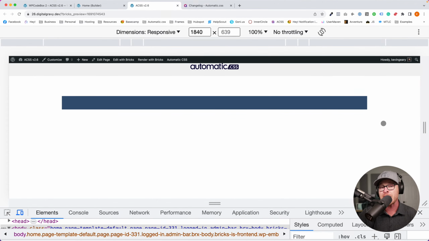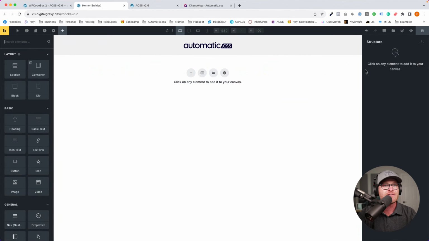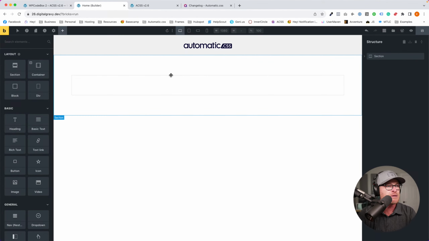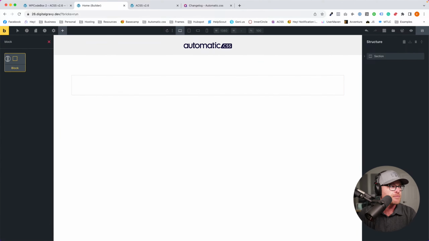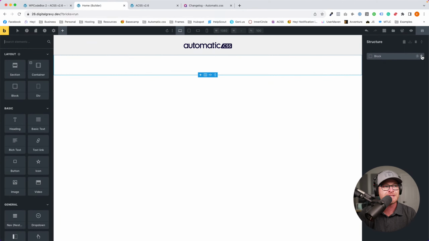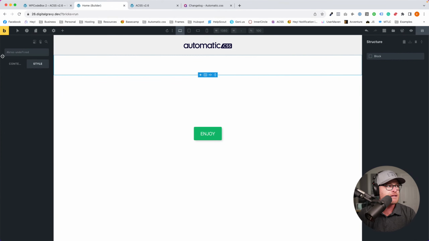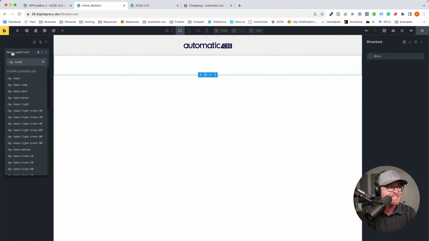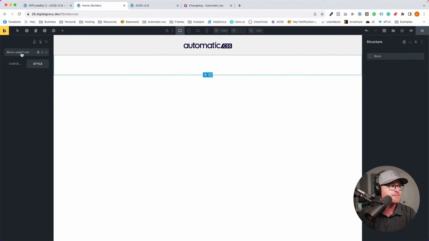So maybe you're not even putting something into a section. Watch this. You can take, we don't even use a section. Let's just say you're putting a block on the page. Oh, I hit that on accident. Let's do block. There's a block right here. All right, section, go away. There's my block right there. So I'm going to do BG. So it's not even a section. It doesn't even have a chance of having a gutter.